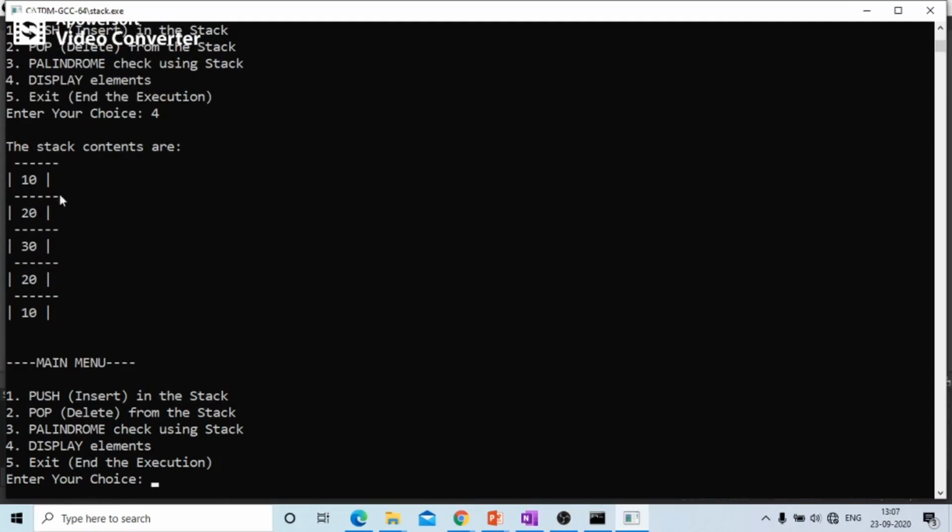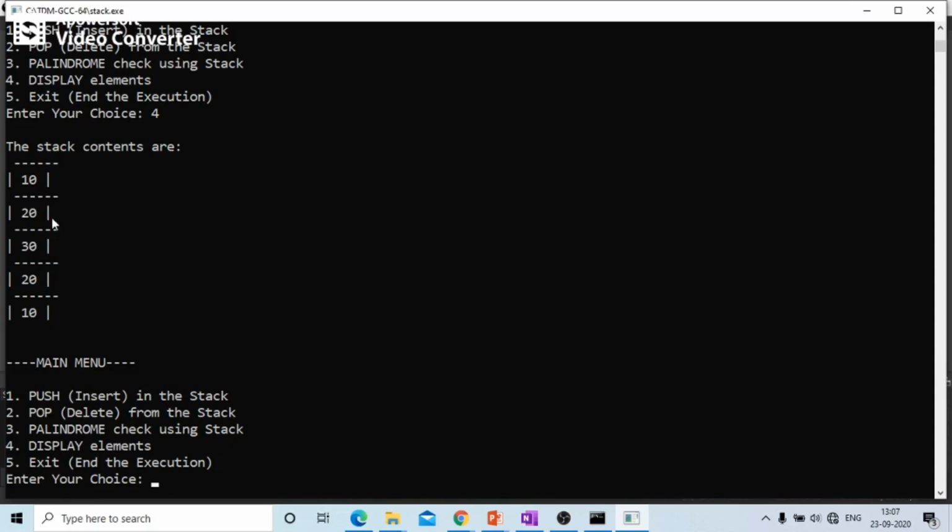Now if you look at this, the middle element is 30, and on both sides, one side is a reflection of the other side. So here 20, here also 20. If you fold this, the elements can overlap, isn't it? Both the elements are the same on either side of the 30.